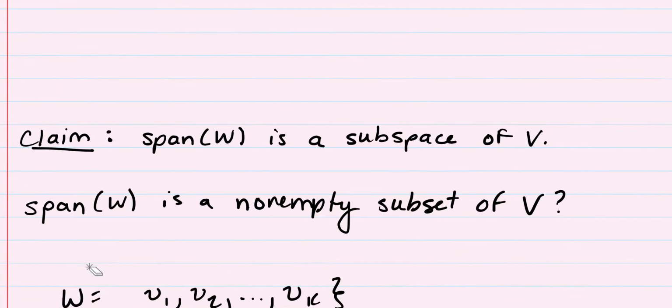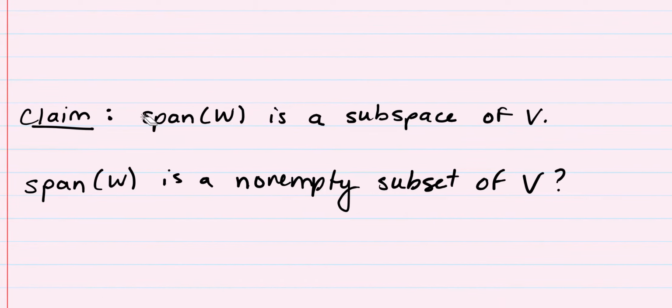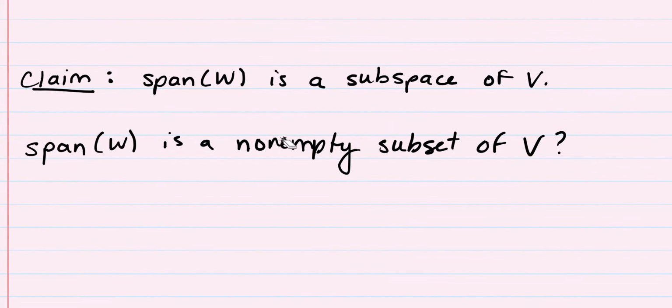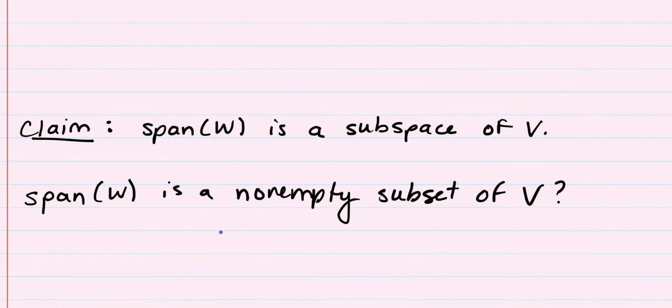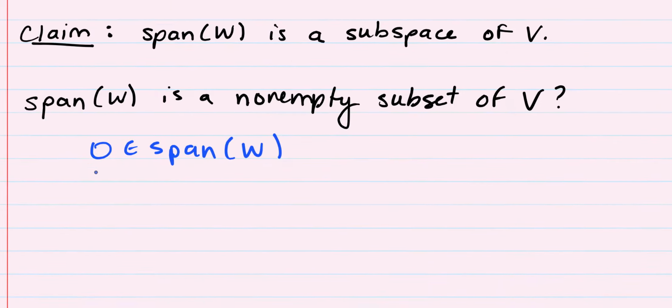So here I have a claim. The claim says that the span of W is a subspace of our vector space V. Let's prove this. To prove that it's a subspace, the first thing we need to ask ourselves is, is it a non-empty subset of V? Well, obviously it is a subset because we have linear combinations of vectors in V, and we said that such linear combinations belong to the vector space V. We need to make sure it's non-empty, and we can show that the zero vector belongs to the span of W. Why is that? Well, remember W is a bunch of vectors in V,